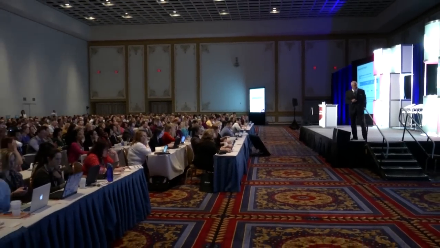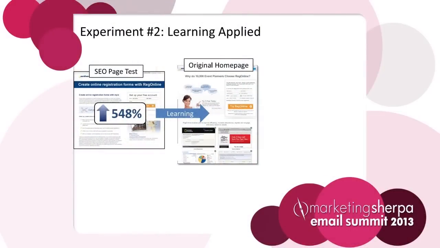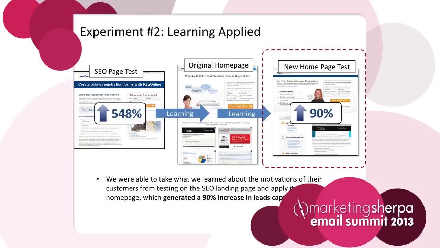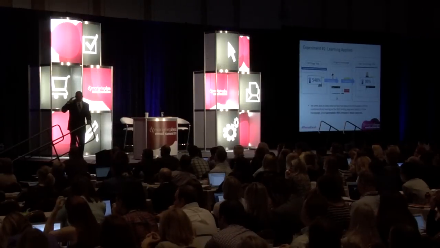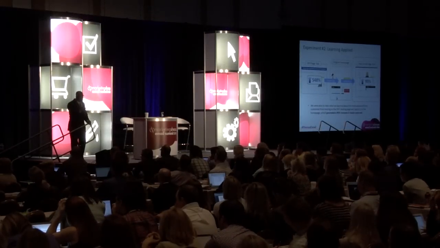So what do we do? Well, we go back to the original homepage. Now we have an SEO test that produces 548%. We've got a really powerful set of learnings from the first test that went -24, from the second test at 548, and we put them into the homepage, and now where almost all the money flows, the big pipe where revenue is flowing, we see a 90% increase. Do you see what's happened here? The web has been more than some place to run a test real quickly and see if we can improve performance in that channel. The web has become this very important lens for seeing into the mind of your prospects